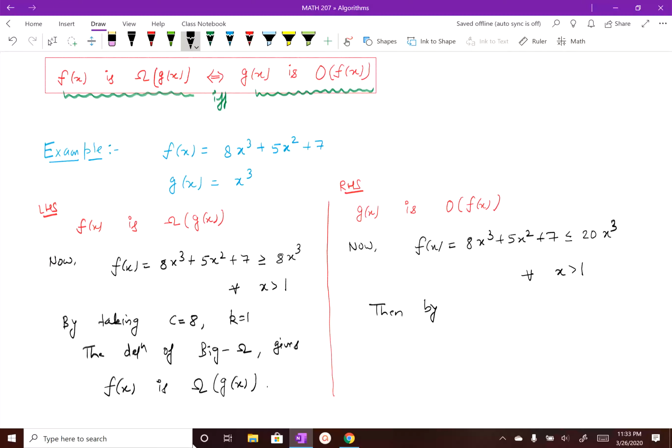Then by taking c equal to 20 and k equal to 1, the definition of big O gives that f of x is big O of